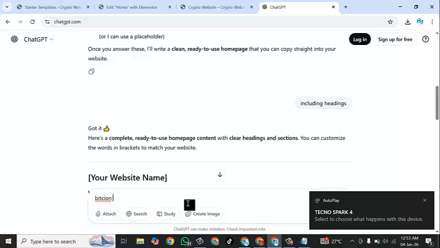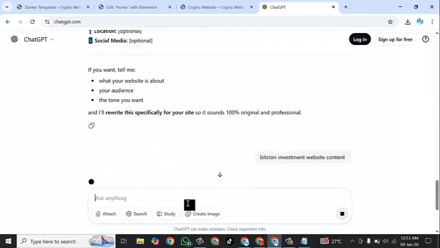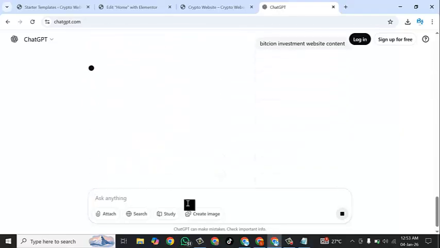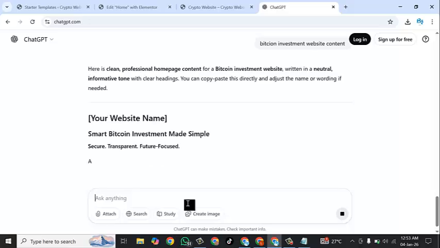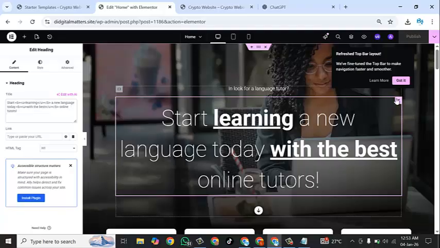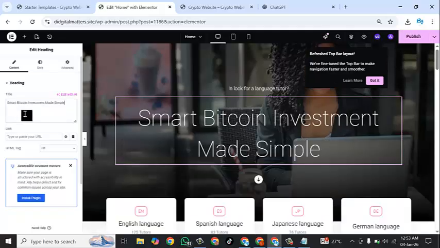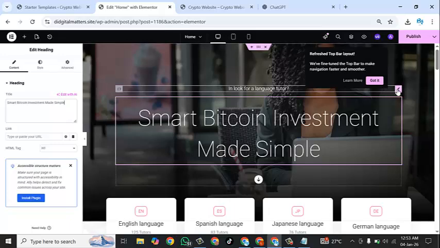Bitcoin investment website content. Okay, still thinking. Awesome. Smart Bitcoin investment made simple. For example, we can copy this and come here, so we replace it here. For example, you can say, okay, and you come back here and you say,